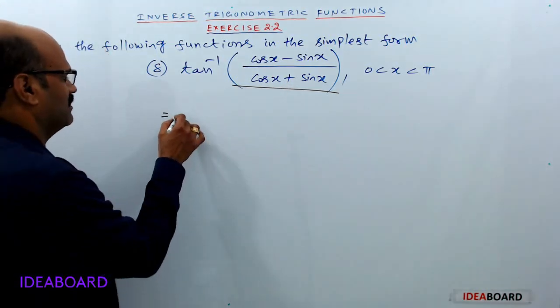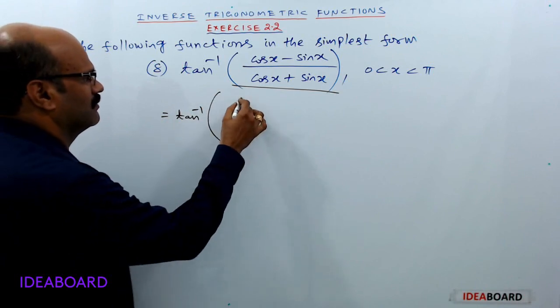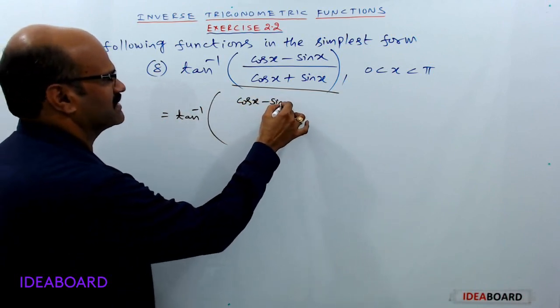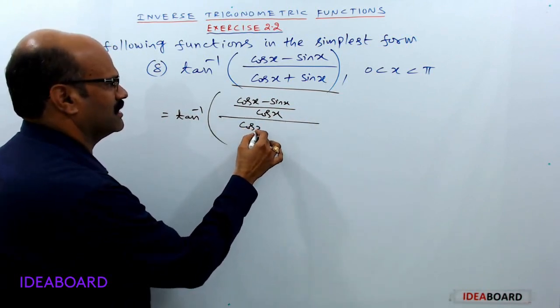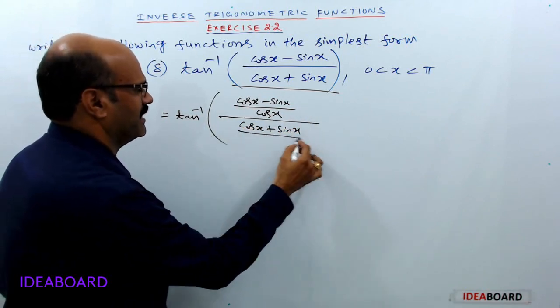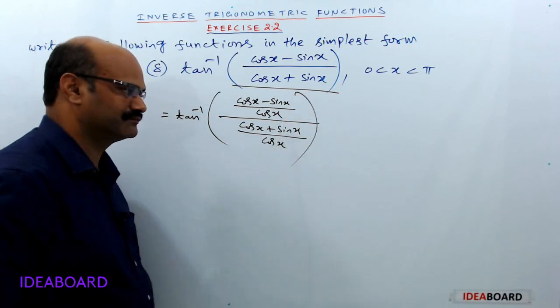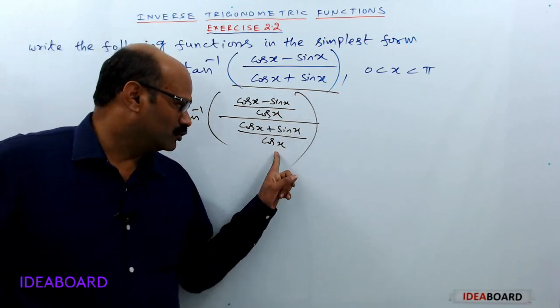Then we get tan inverse of (cos x minus sin x) by cos x upon (cos x plus sin x) by cos x, equal to,